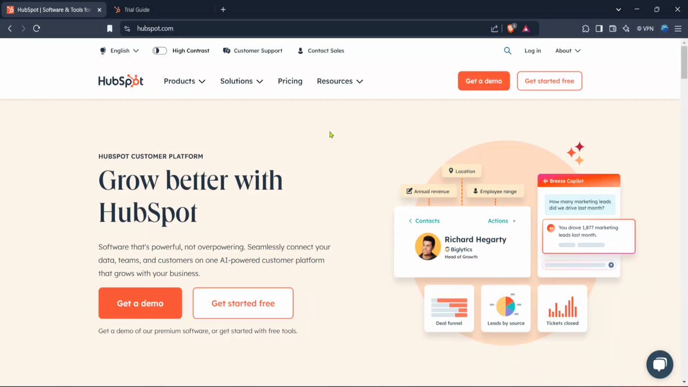In today's video, I'm going to teach you the easiest way to send emails from HubSpot CRM. First, head over to the HubSpot homepage. You can do this by opening your preferred web browser and typing in hubspot.com. This will take you to their main site, where you can access all the incredible tools HubSpot has to offer